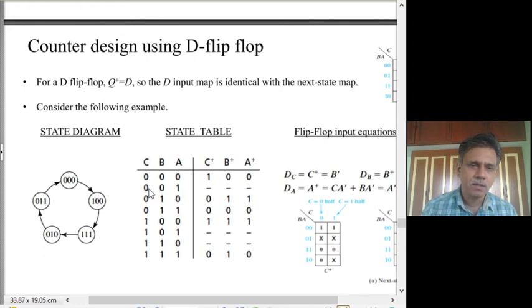The next row is 0, 0, 1. Look, there is no such state in the state graph for 0, 0, 1. So you don't care what next state it goes to. You simply put a dash, dash, dash, indicating I can't tell, or rather I don't care. We will use these dashed entries as don't care terms when we translate to the K-map later.